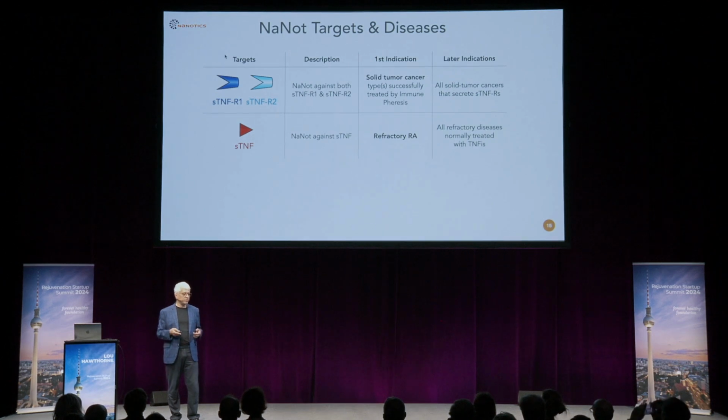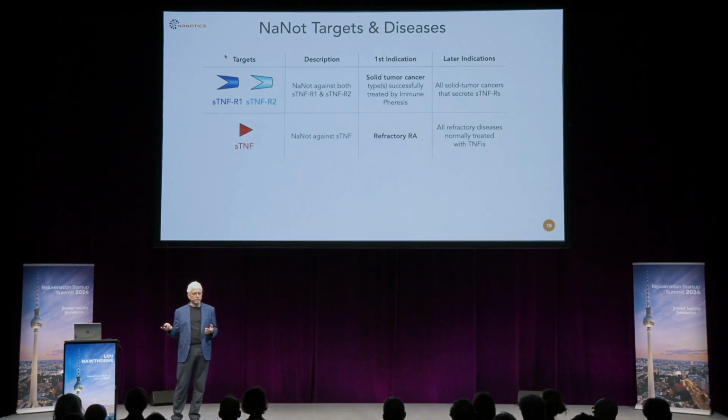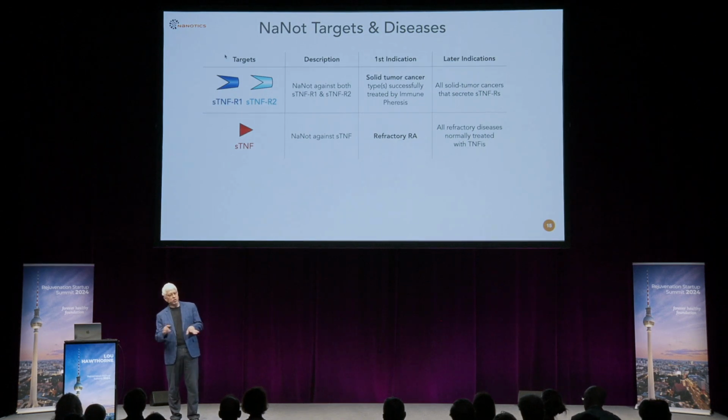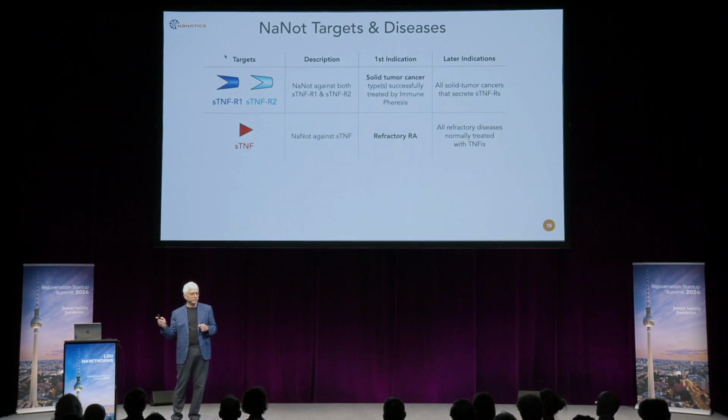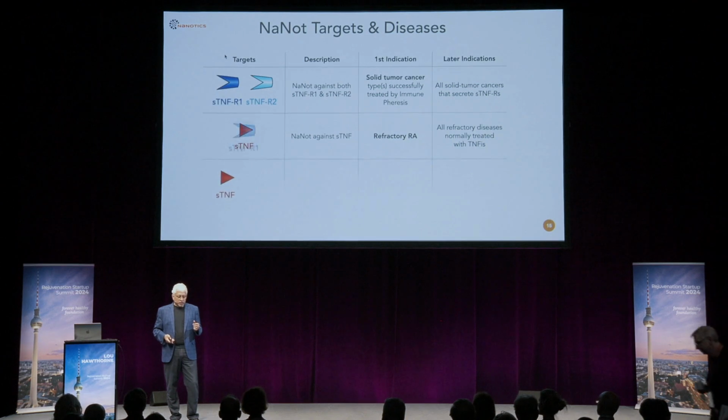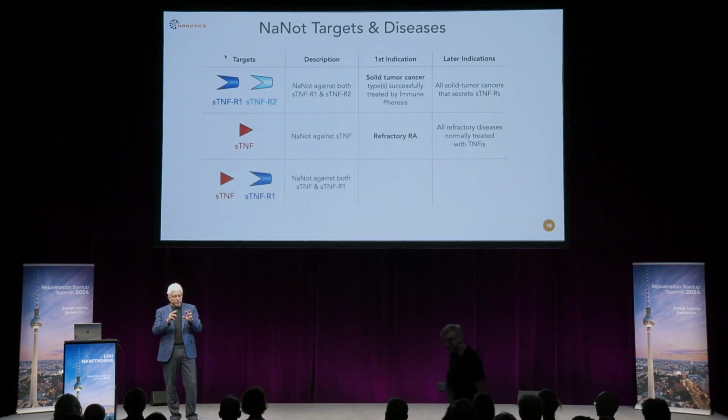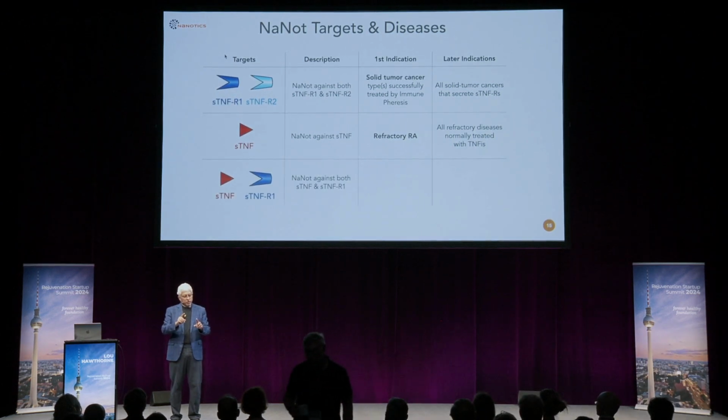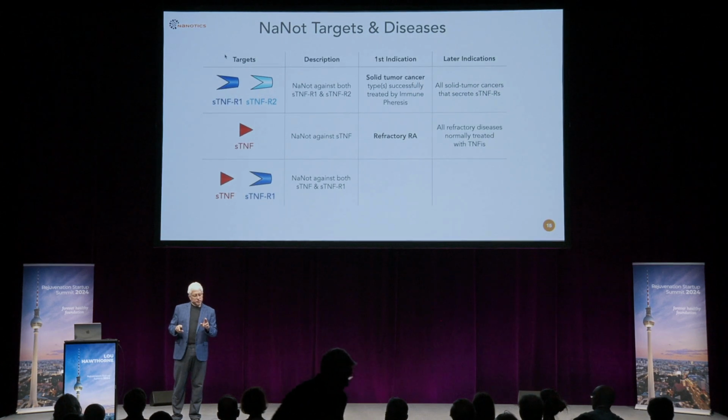with TNF-inhibiting drugs. TNF-inhibiting drugs are actually the largest drug class of all. It's about a $45 billion drug class. It's an imperfect drug class because they all reduce immune competence because they don't distinguish soluble pathogenic TNF from restorative membrane TNF. We're also going to take one of each of these targets and make a nanot against soluble TNF